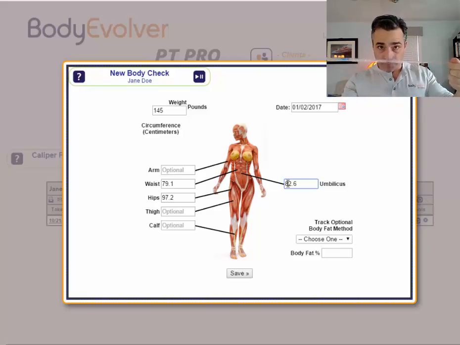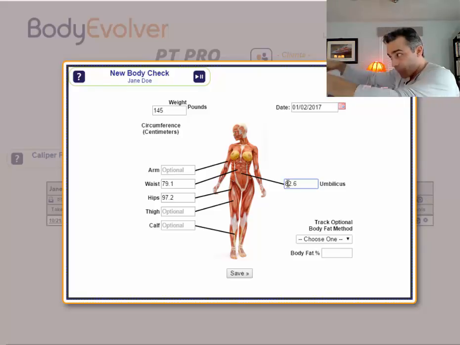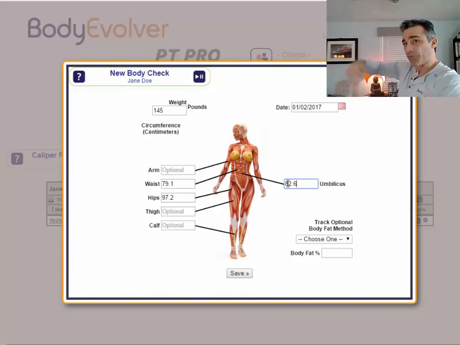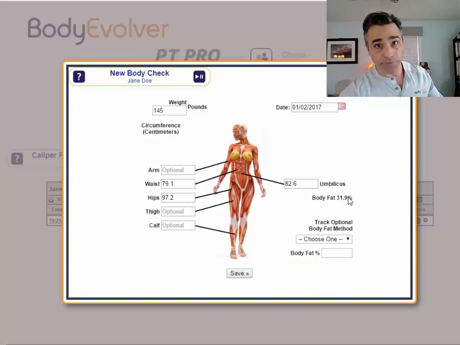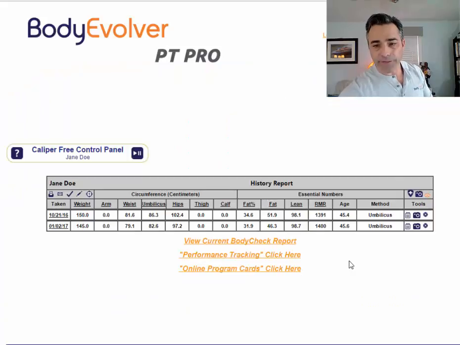So whip out the measuring tape and stand from the side and make sure you get it so that it is not drooping in the back when you're doing this, the hips or the waist or the umbilicus. Make sure that it is square and straight. Boom, and then you'll get your number. And then once you put that in, the system will predict the percent body fat at 31.9 based on Jane's stats, her height, her weight, her umbilicus circumference, and then you can hit save,